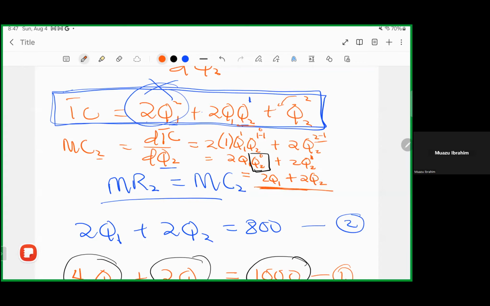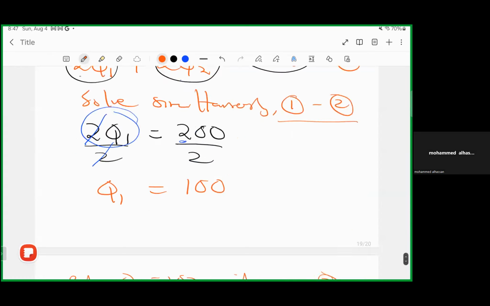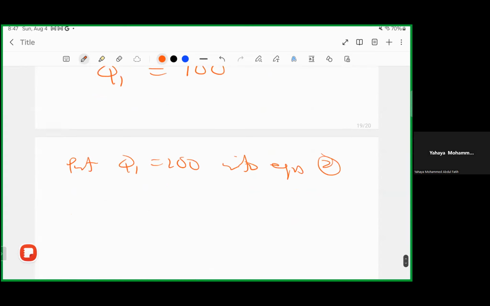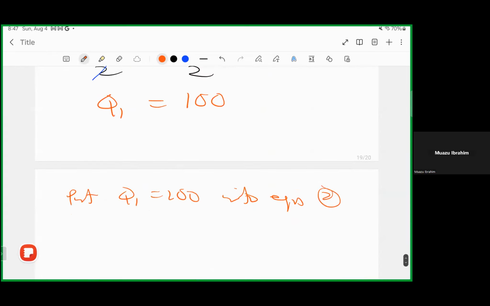So this will give us the marginal cost for quantity 2, and that is what we got here, equated to the marginal revenue. Is it clear now? Yes, please. Excellent. Doc, thank you for explaining that point. That was my difficulty too. Thank you. So we have this as output 1.